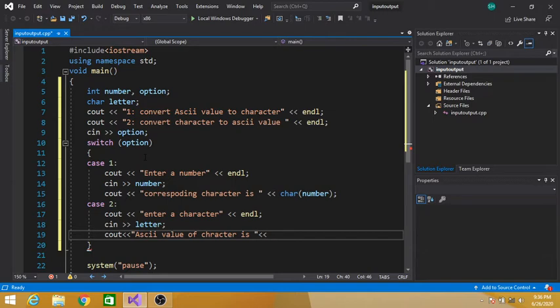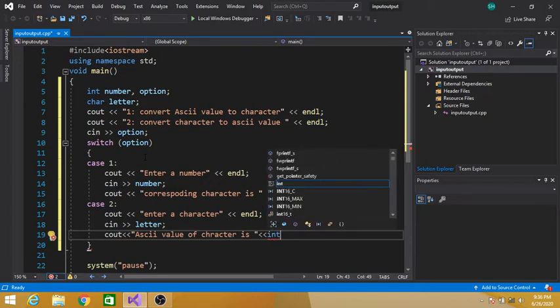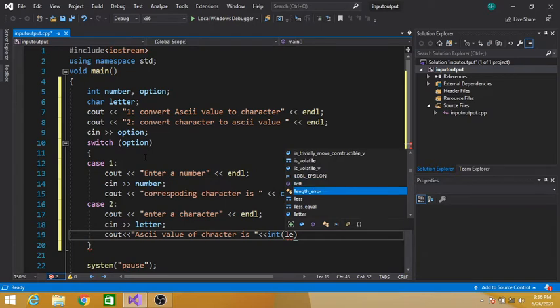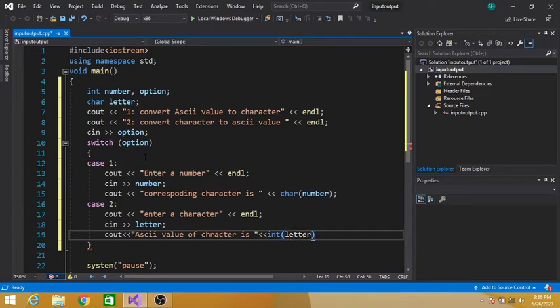ASCII value of character is, in letter. End of line.